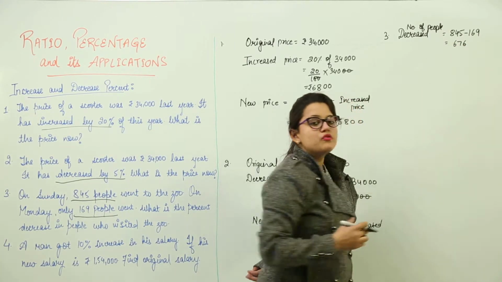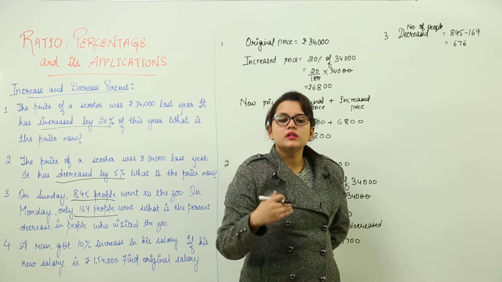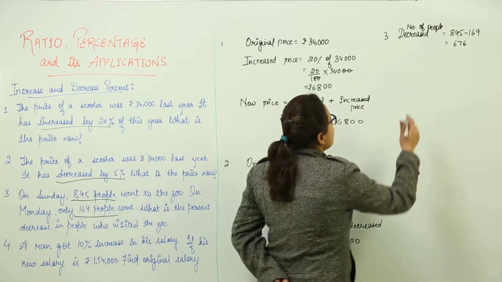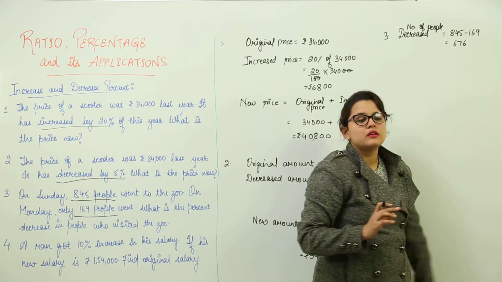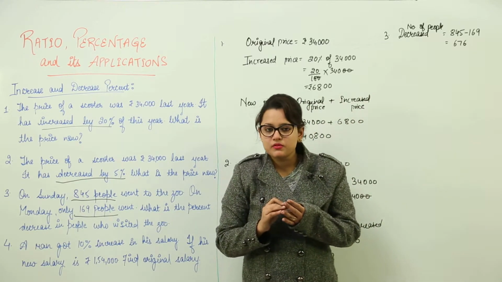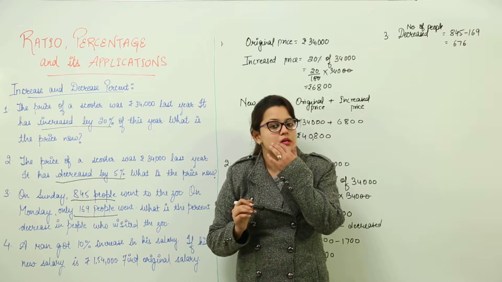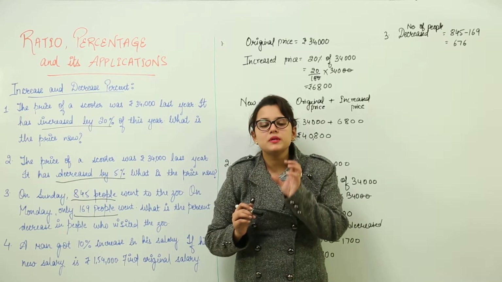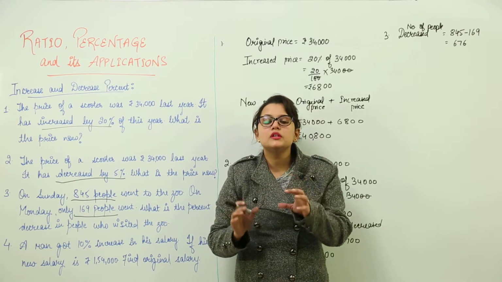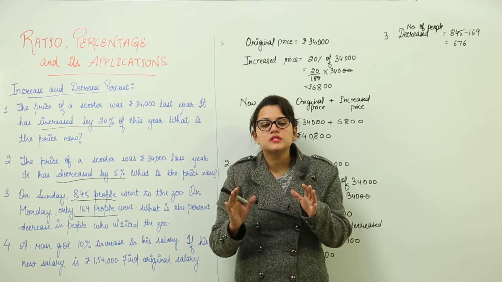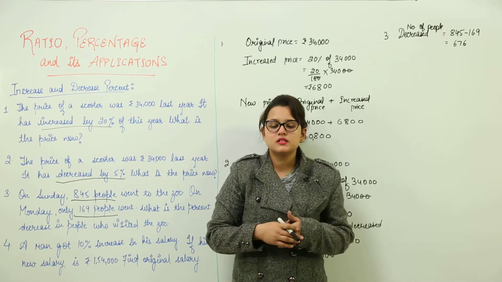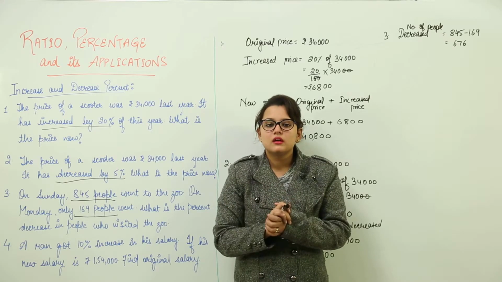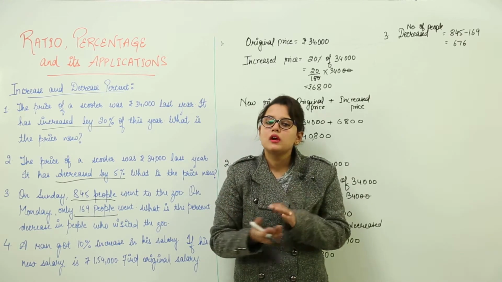Now this is the number of people which got decreased on the successive day. Now you have to find the percentage of this part. First of all, as I discussed previously in this topic, how to find percentage. You take the required amount of which percentage is to be calculated, divided by the total amount, the original amount that was earlier, and you multiply it with 100.